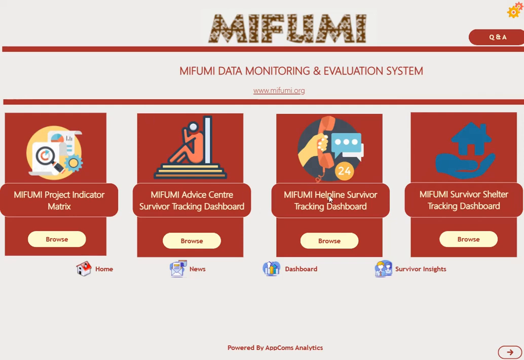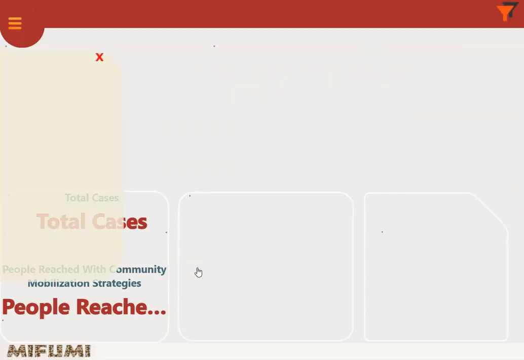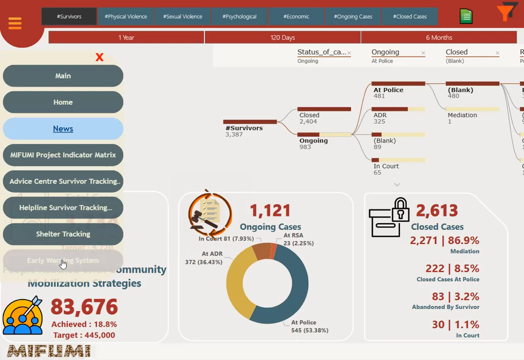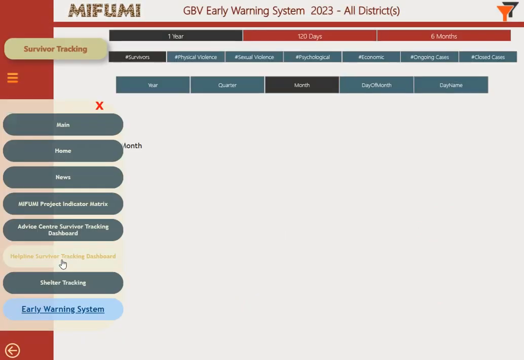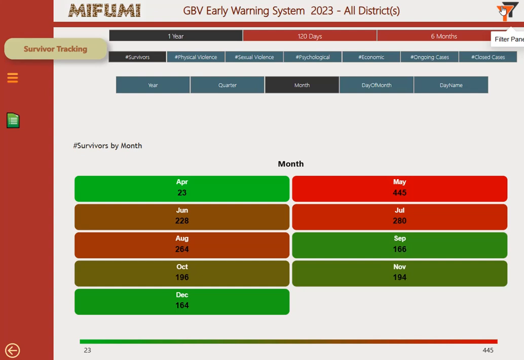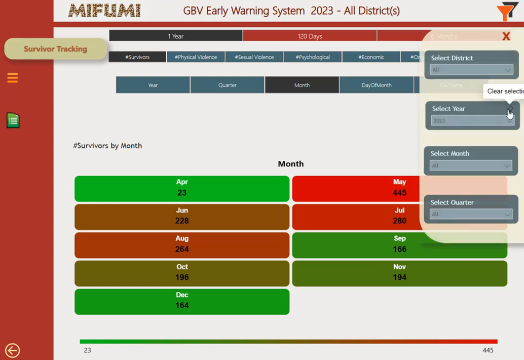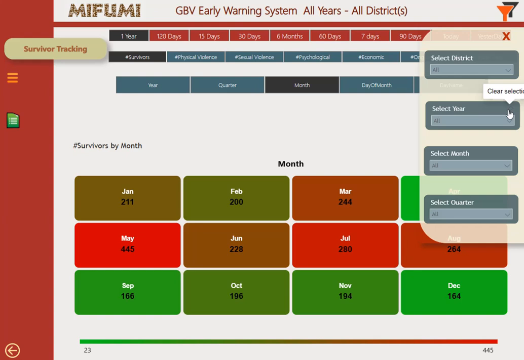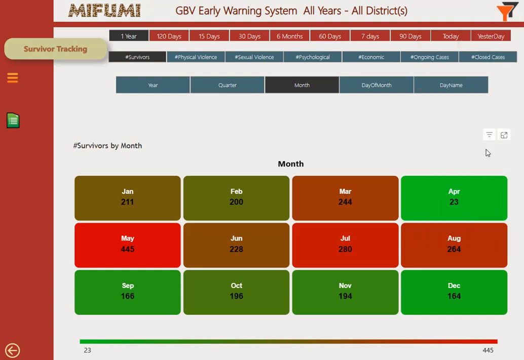All right, great. Now, a quick one under news. We can access the early warning system. The early warning system is an interesting tool, really. I'll just maybe switch this to all years and see. This allows me to do predictive analysis. Now from the data that we are getting,